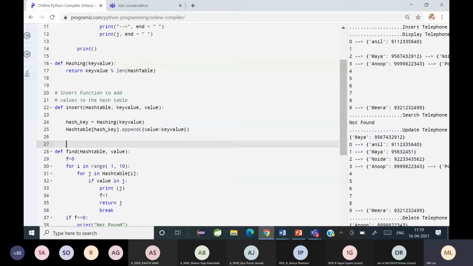Why did I use append here? Because I'm using the chaining method here. How does the chaining method work? If values are already available, you place the new data after the existing value, right? Yes or no? Remember chaining?